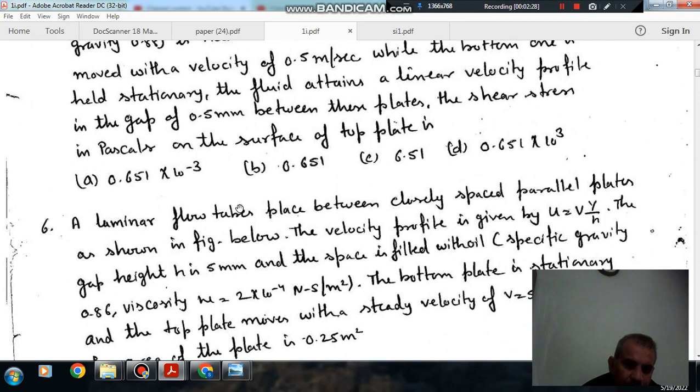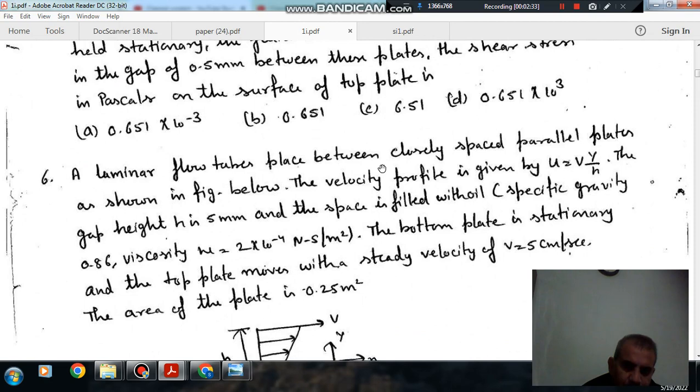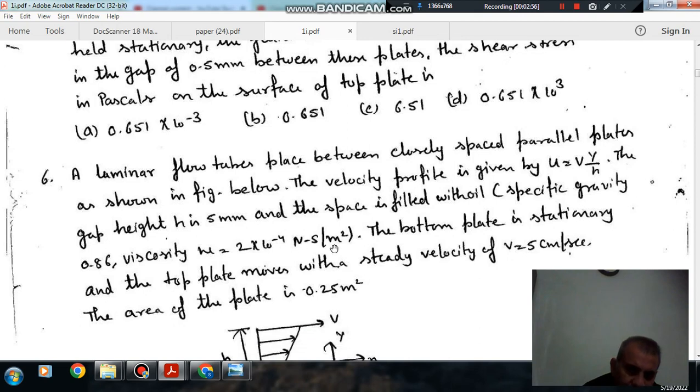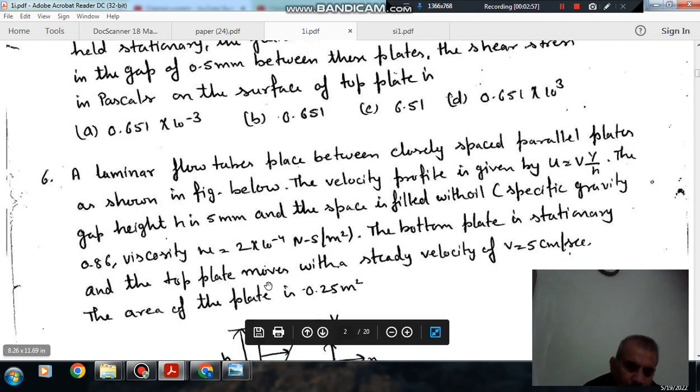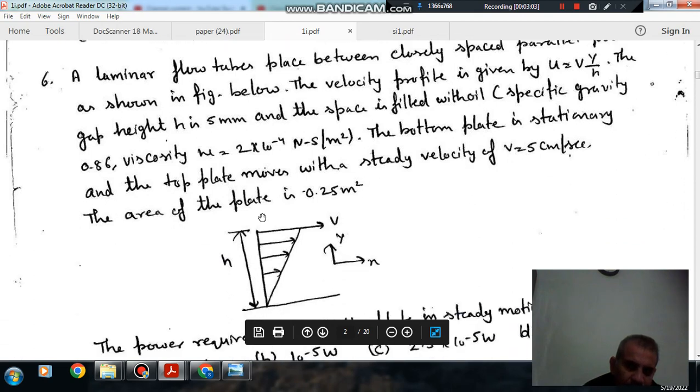Next, a laminar flow takes place between closely spaced parallel plates as shown in the figure below. The velocity profile is given by u is equal to V y by h. The gap height h is 5 mm, and the space is filled with oil of specific gravity 0.86 and viscosity mu equal to 2 × 10⁻⁴ Newton second per meter square. The bottom plate is stationary. The top plate moves with a steady velocity of 5 centimeter per second. The area of plate is